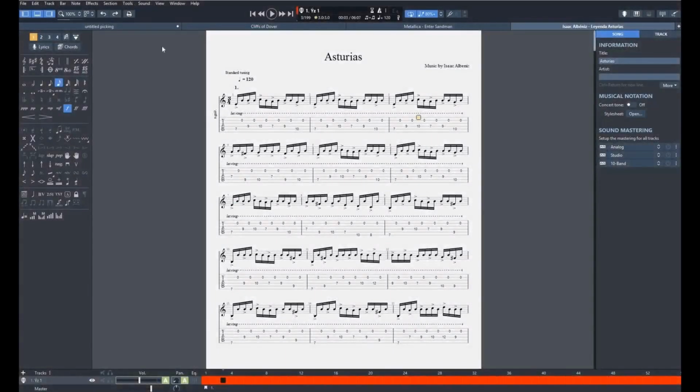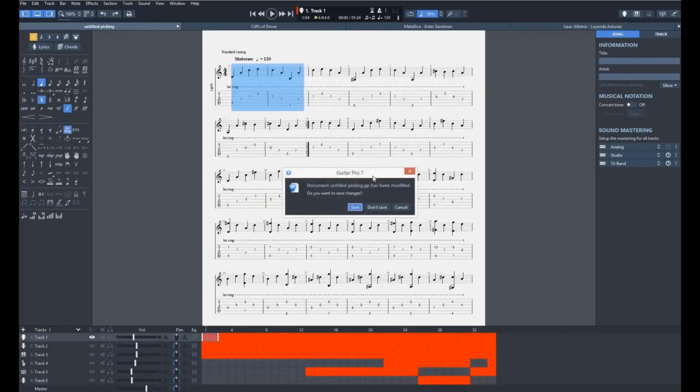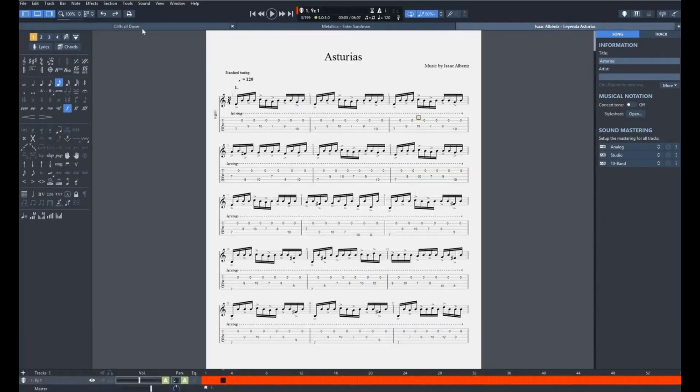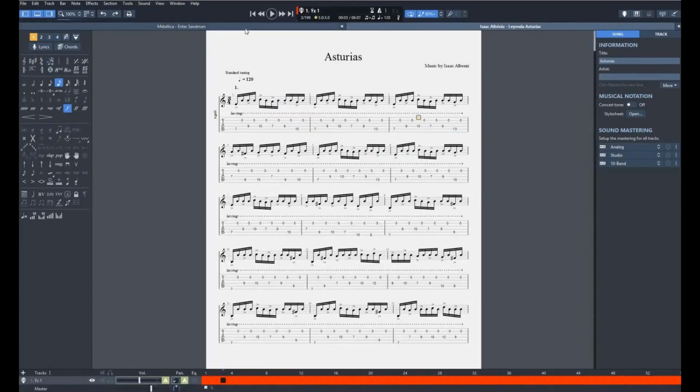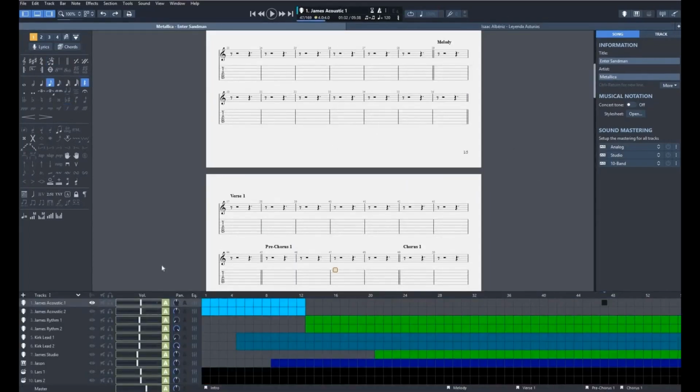Take note, all of my tabs that I've opened are right over here. This one here shows that I made some adjustments, so I would want to save. If I want to save it, I can do that. Otherwise, I can just close it. I don't want to save it. I'm just going to leave it as it was. I don't need Cliffs of Dover anymore because I made my point there. But let's say this Enter Sandman. I want to